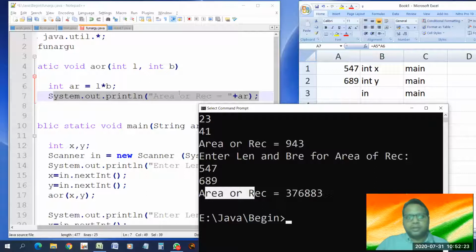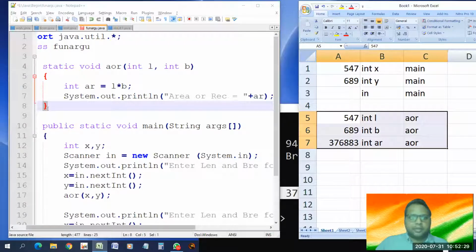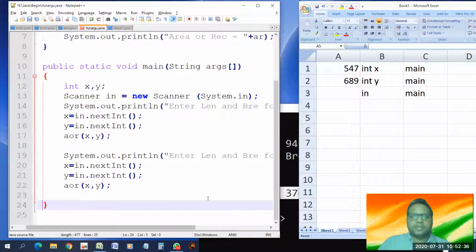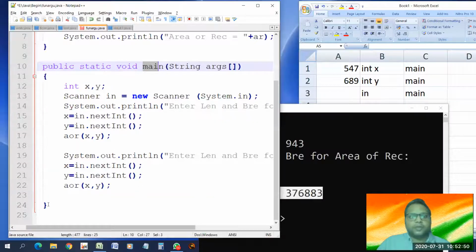You know what will happen? Yes, the AOR will be cleared, fully cleared. And the control will come back down to here. And here is what? Here is nothing after this. And the main function ends, and thus it ended. And this is how this program got executed. And yes, one more thing. When this is encountered, this is the end of which function? This is the end of the main function. So what will happen? Everything in the main function will also get cleared. Now the RAM is empty.